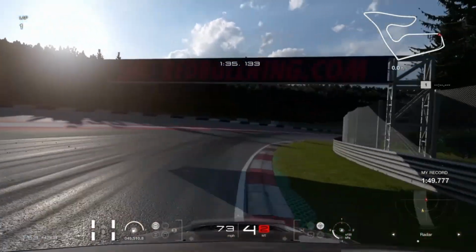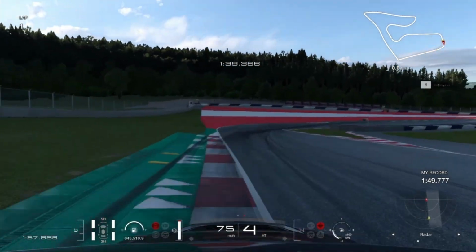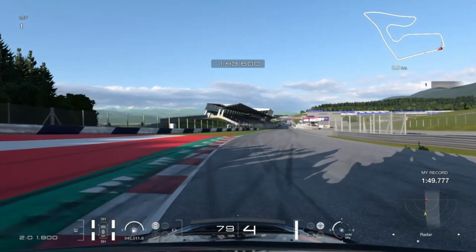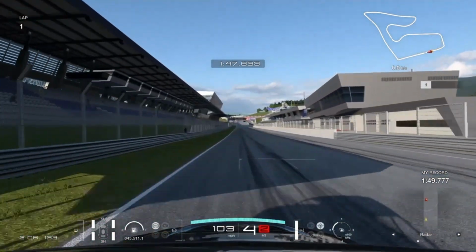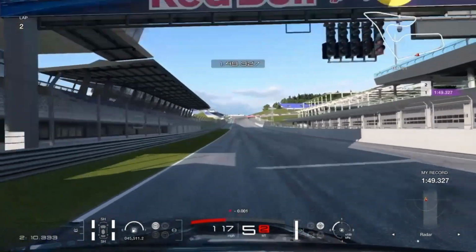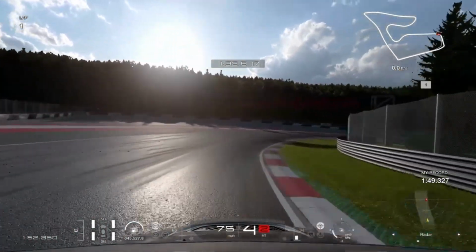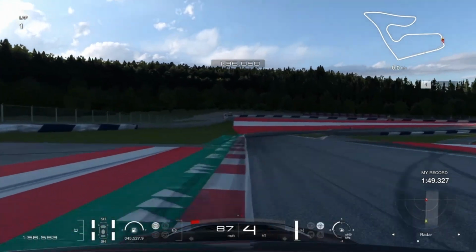So went back again. I think at this point I was using the ghost of the world. No, never mind, I'm ahead of the ghost at this point. So I was using my ghost, and I'm ahead this time. So of course, running it back, ended up doing a 149.3. And went again, because I find that this formula works,